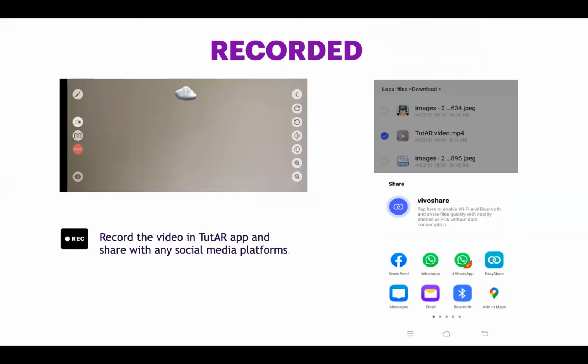And the last method to use the application is the record method, where you can use the phone or a laptop. You can click the record button, the REC button, a red button, and you can record. It's a beta feature where you can record the video. You don't have to use an external device to record. You can use your mobile phone or laptop for the same. Click the record button. All the videos will be recorded. It will be saved to your gallery, either in your mobile phone or your laptop.